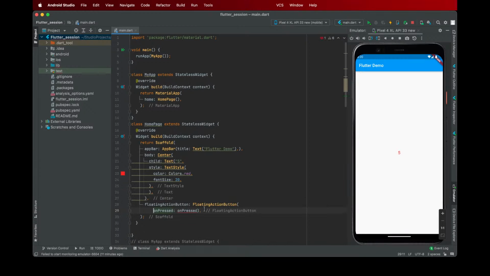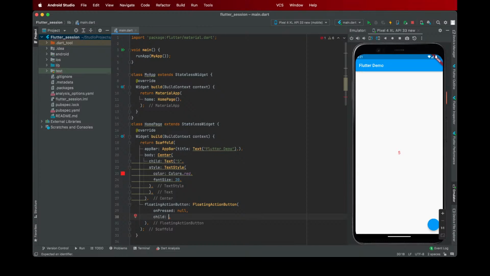and it has various properties. One of the compulsory ones is an onPressed property. We'll just put it null right now. And if I save my app, you will all see a small circle in the end over here. That's a floating action button, right? And what do we need inside a floating action button? We need a plus sign because it's an incrementing counter app. So the floating action button widget, like any other widget, will take a child parameter, like the center took a child parameter. So I'll write in its child property,